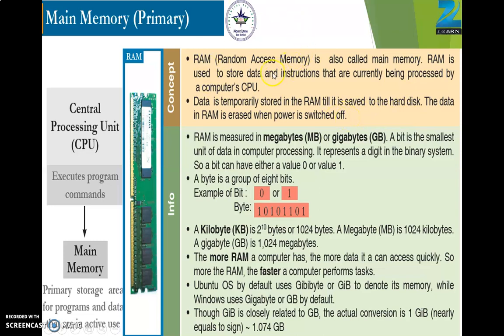You can compare it with the green board or blackboard of your school. Your teacher is writing on that board, but that space is limited. So whenever it is filled, it is erased by your teacher and then you cannot get it back. But if you want to store anything permanently, then you need secondary memory.